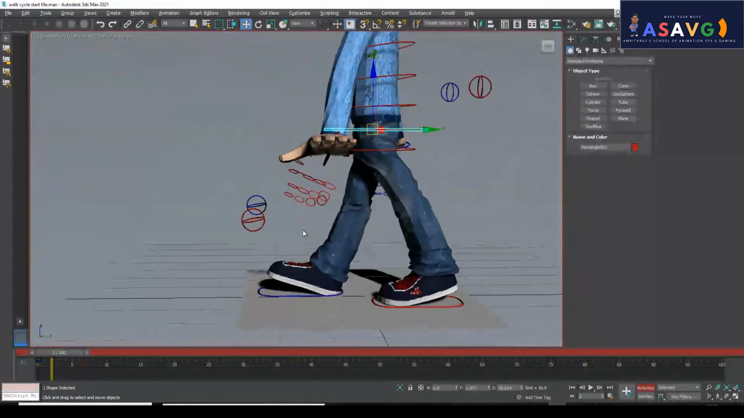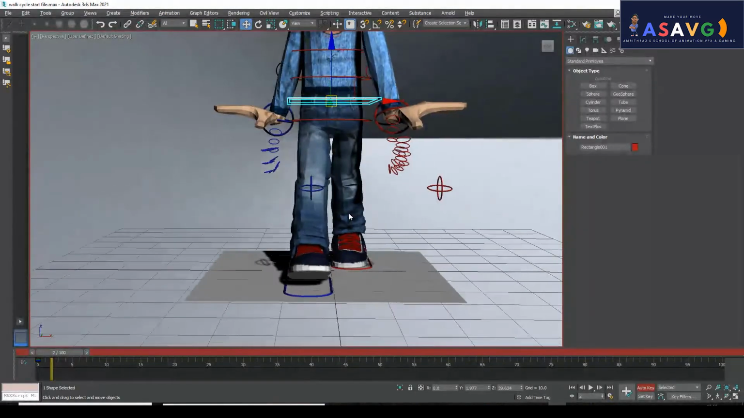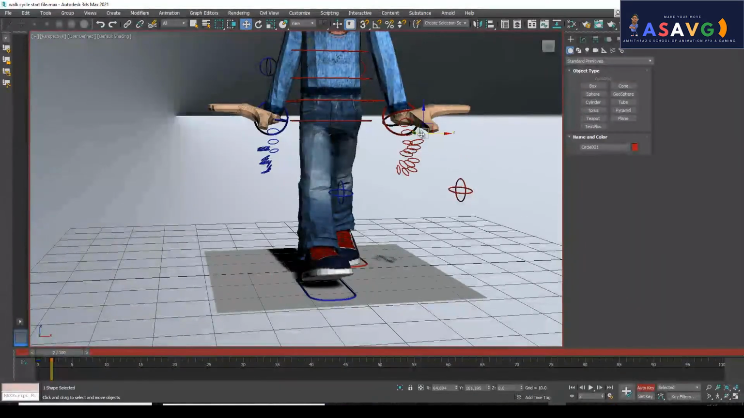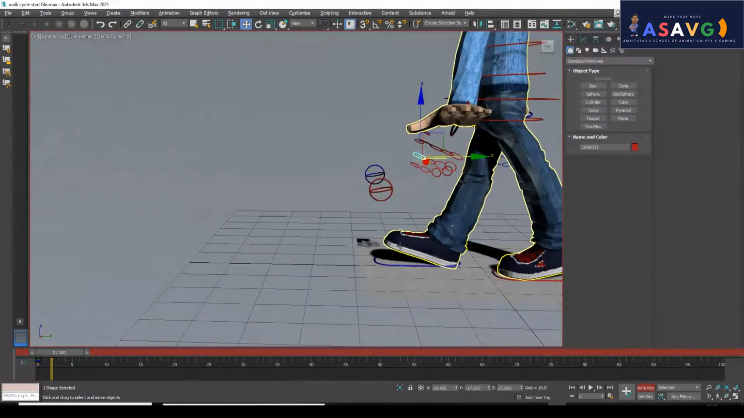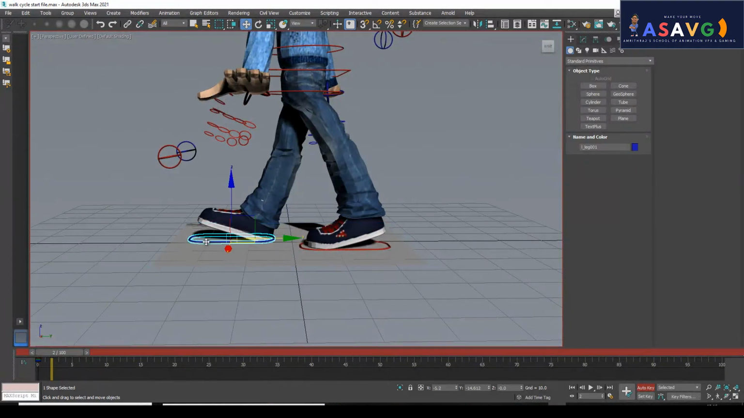The hip is stiff, that's not a big issue because we are concentrating only on these controllers. Which controller? The leg controller. So I am selecting this and I will make a copy. So shift, middle mouse,